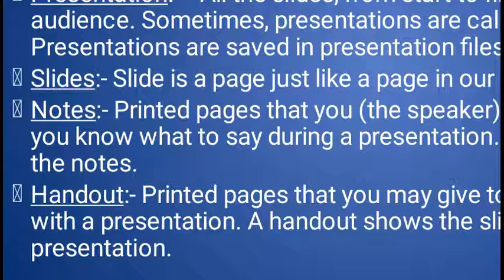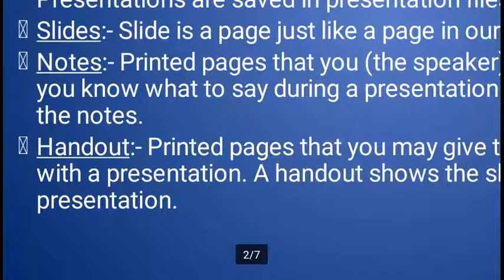If the content is so large, then for remembrance purposes you can type in detail, print out your notes and keep them with you, and with the help of the printed notes you can explain easily, and in future you don't forget any point.